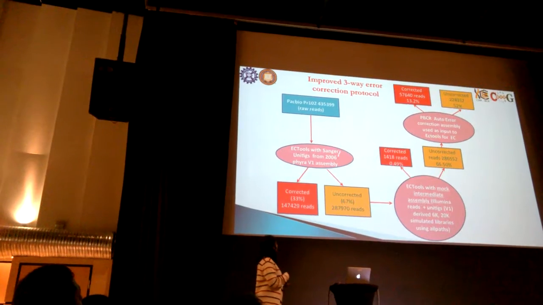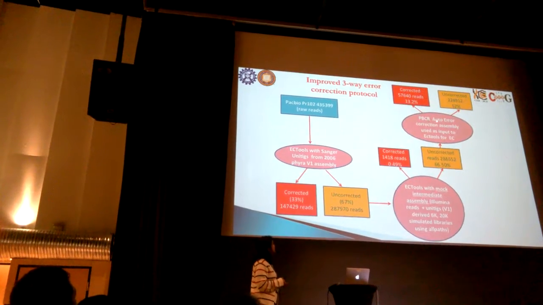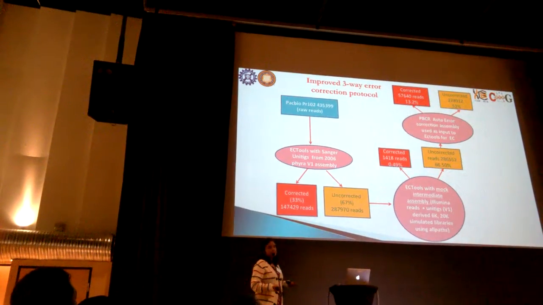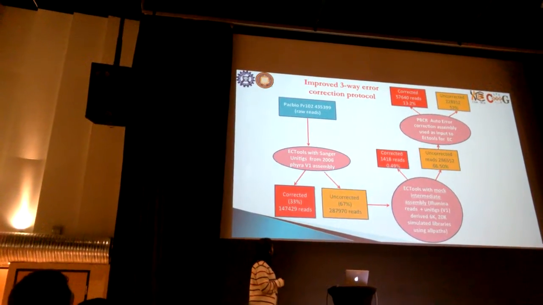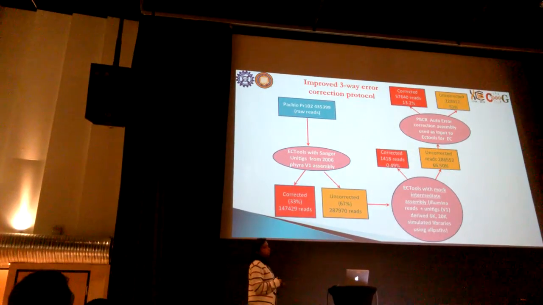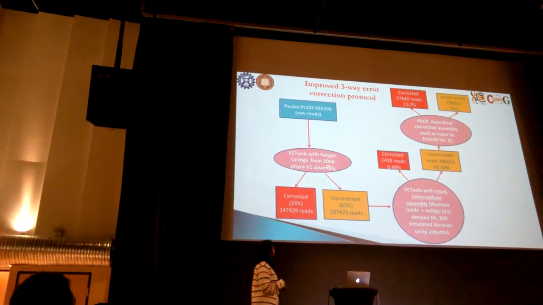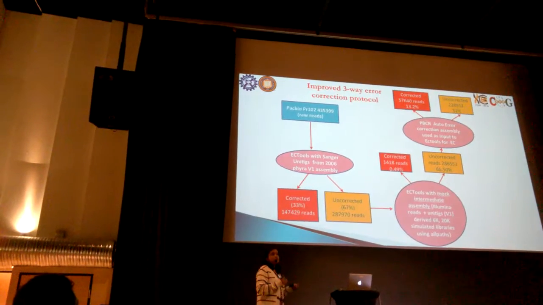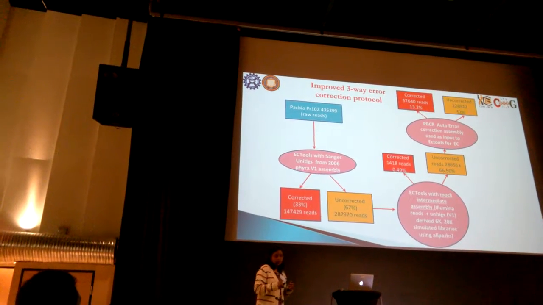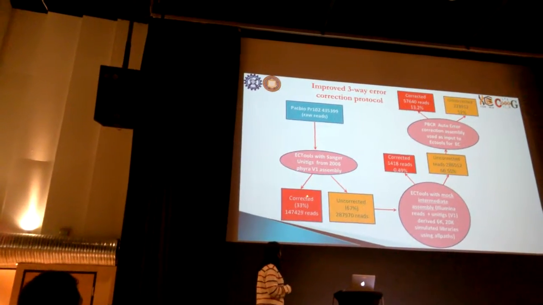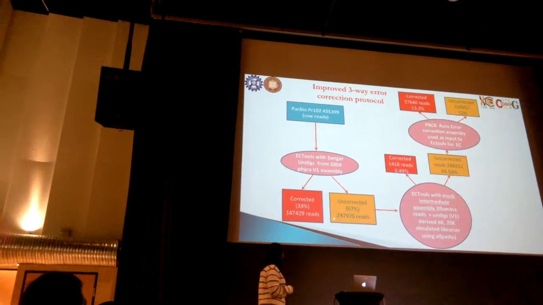There are 2 tools which are widely used by the community. One is EC Tools, and the other one is PBCR, that is PacBio to Celera Assembler, which does an auto correction of the reads using several algorithms de novo. So we tried using EC Tools, but EC Tools takes a reference genome. In this case, our reference genome was nothing but the V1 assembly that we had, but it does not take the gaps, so you have to break down the genome into contigs, called unitigs. We used the unitigs for correcting these reads, and we could only correct 33% of the reads, which was quite disappointing for us.